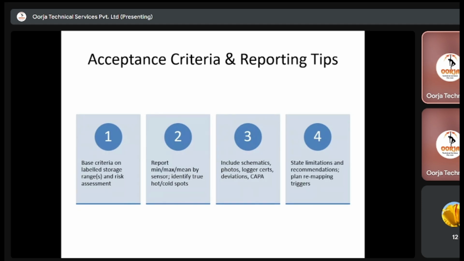Be thorough. The final report is an official record, and whenever any auditor comes, he first goes through the report to identify or to assess all the performance of your storage area. Now,